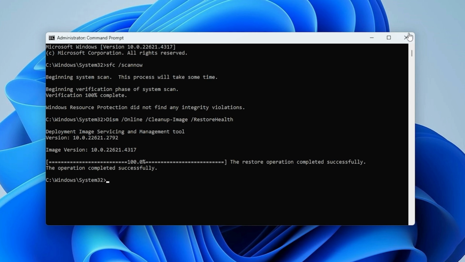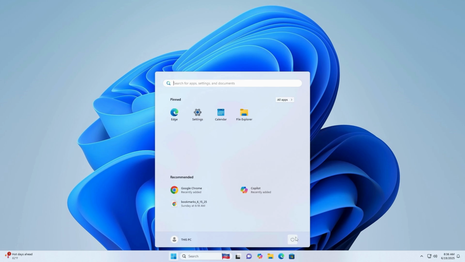After the scans are complete, close the command prompt window, restart your computer,